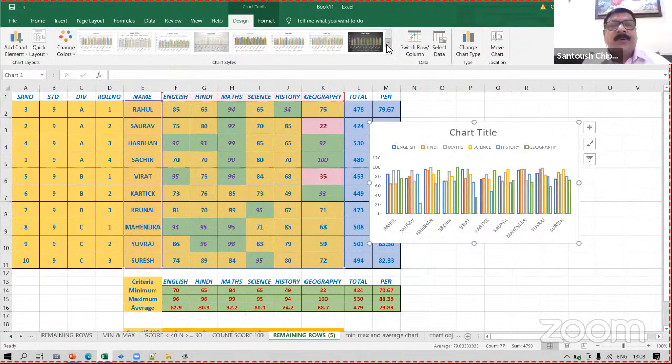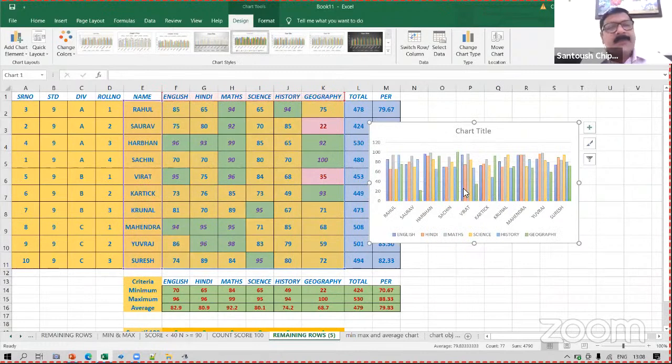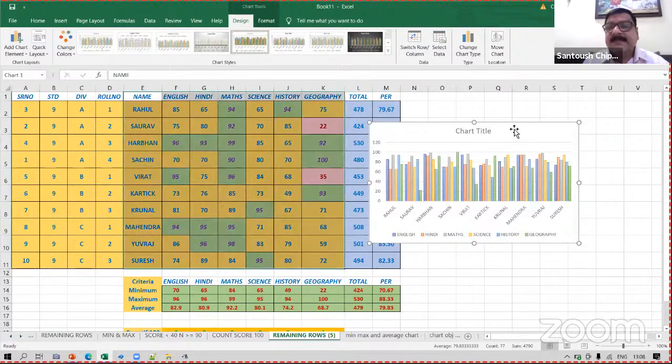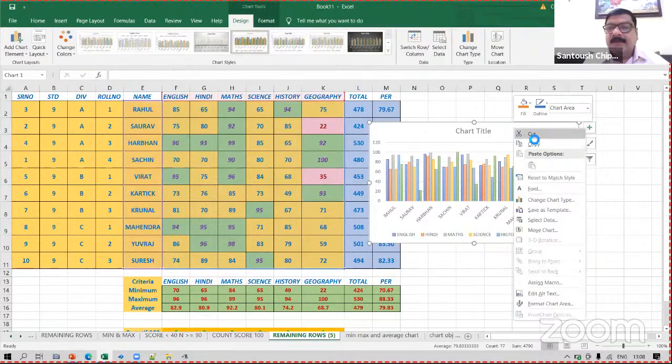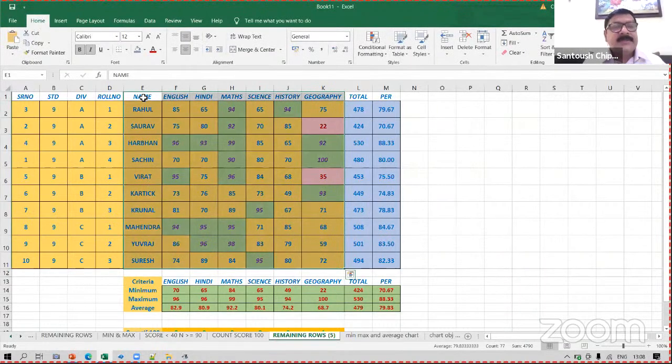Easy way. What is the easy way for this? Let's see. I'm just clicking on this. Okay, now this looks like this, might be because so many subjects are shown together. What we can do, just for simplicity, is cancel this chart at present. I'm just deleting it, click on this and say cut. Instead of 6 subjects, I'm selecting only 3 subjects. Select the names,